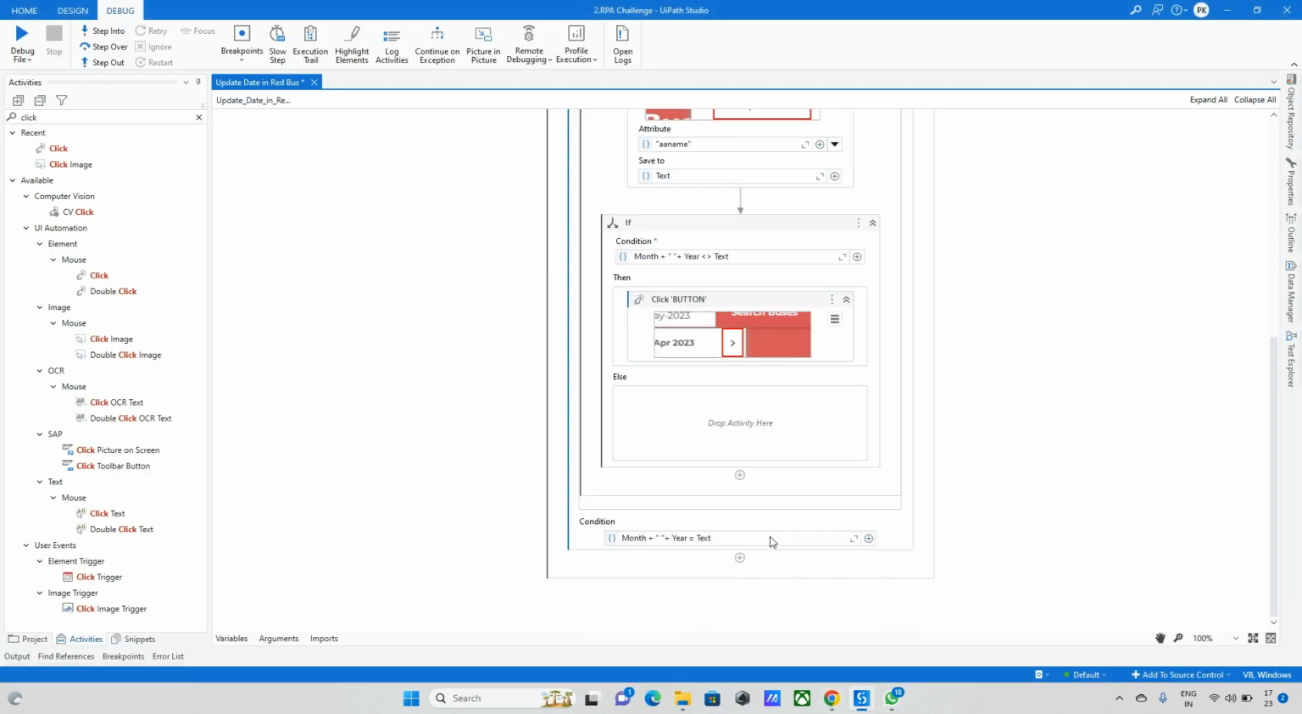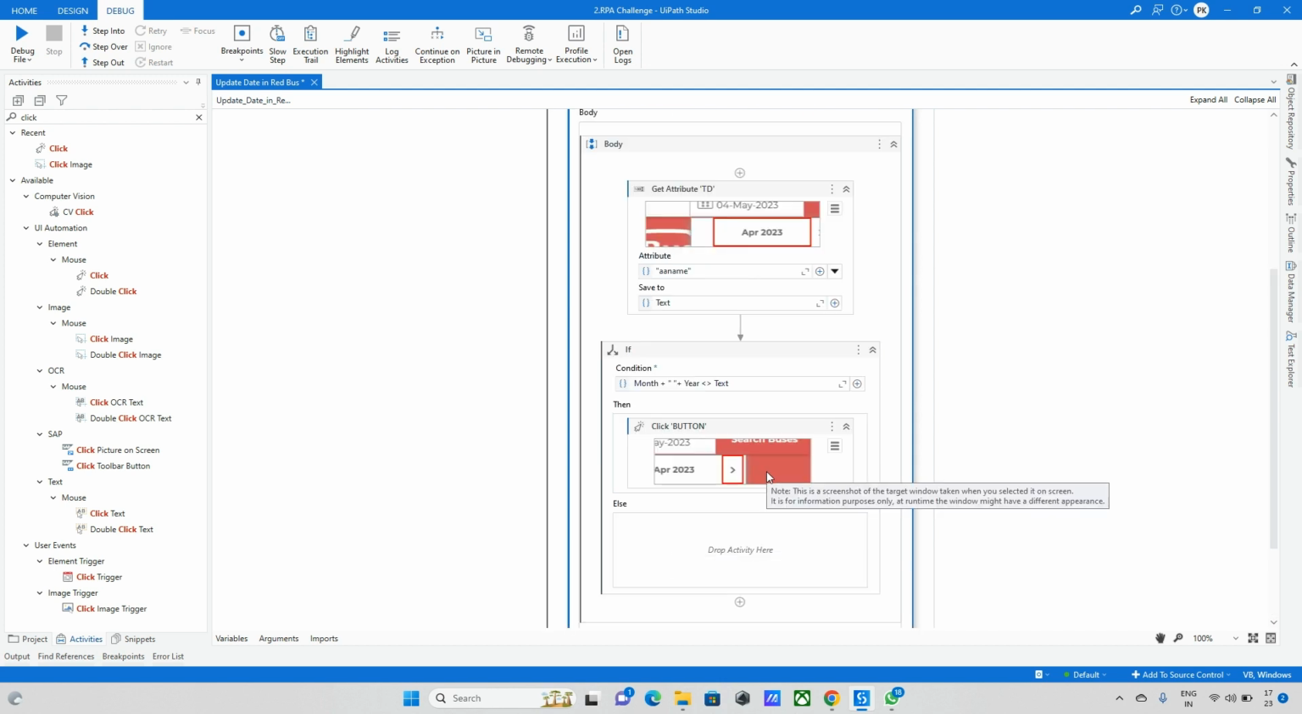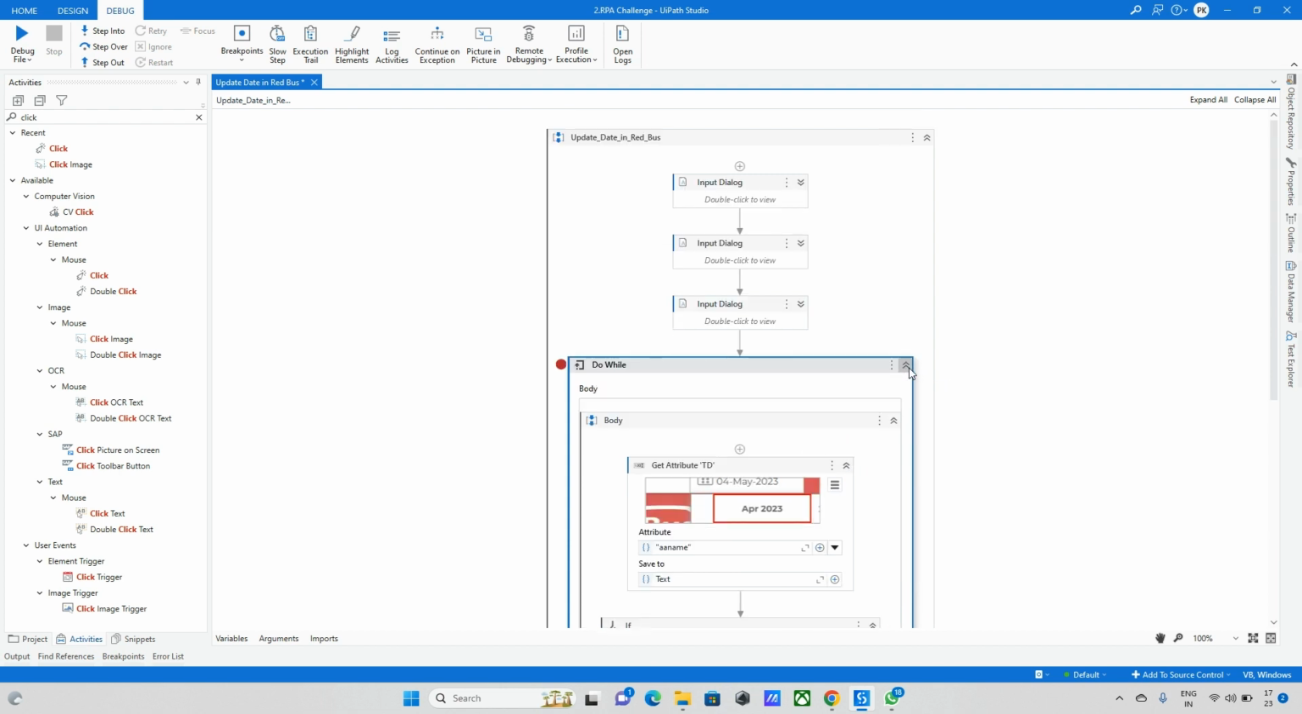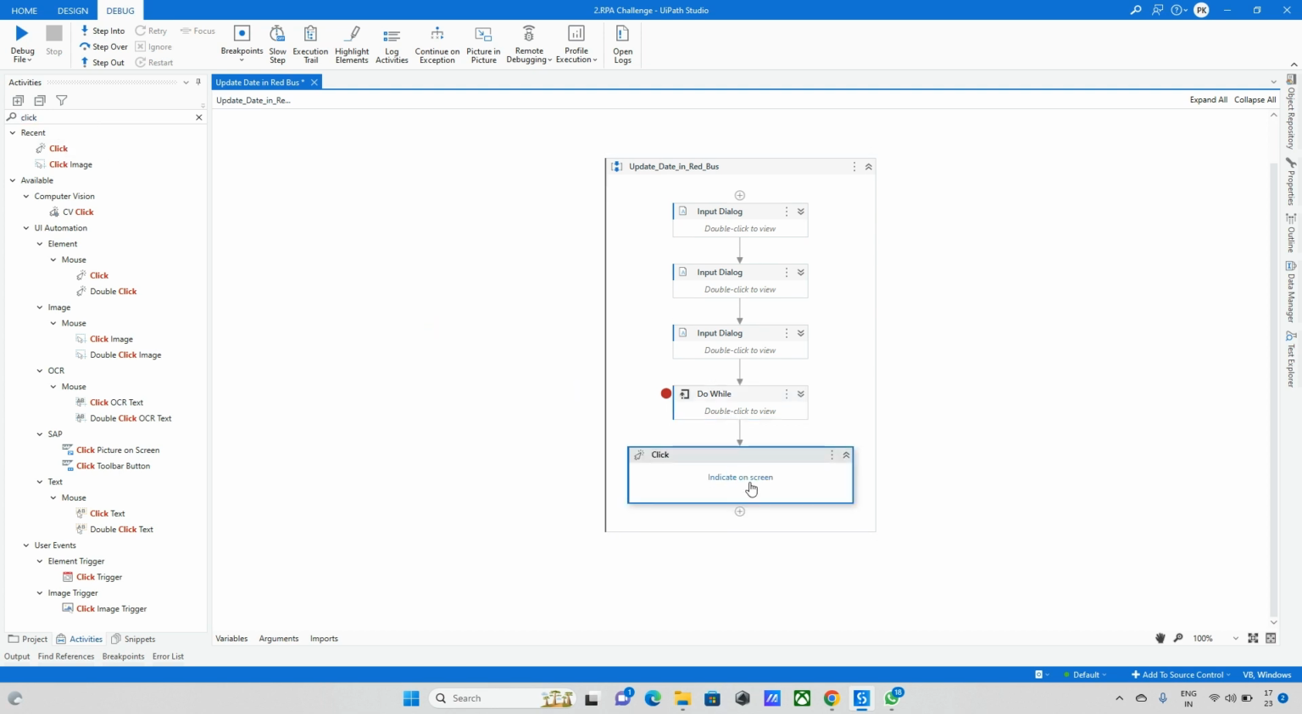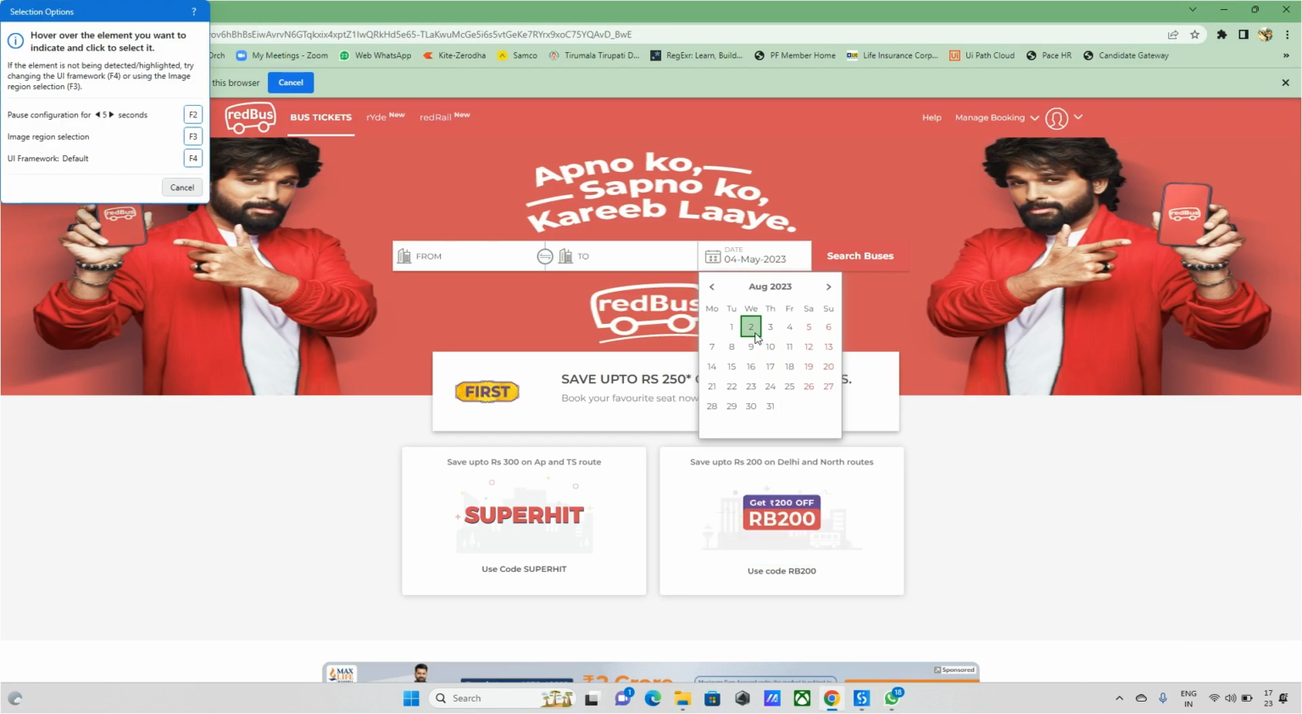Okay, and downside I will give this one more condition. The same thing: if month plus year equals the text, then I need to exit from this loop. So this condition is done. Once this is done, after that we need to click on the date. So let me take this date